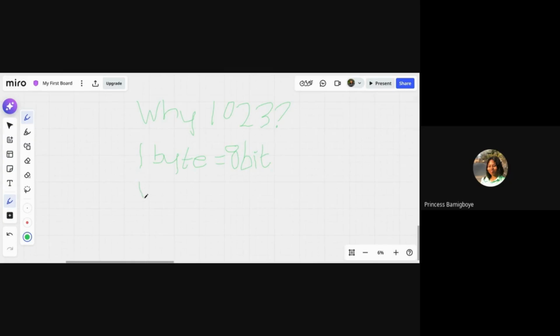After this byte, they told us about 1 kilobyte. 1 byte is equal to 8 bits. 1 kilobyte, because kilobyte is the next thing, is equal to 1024 bytes.